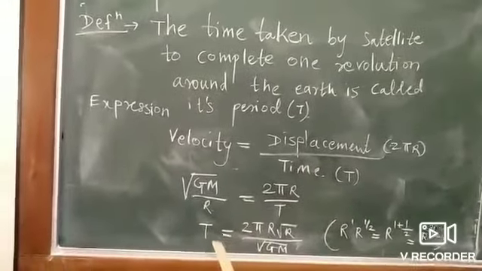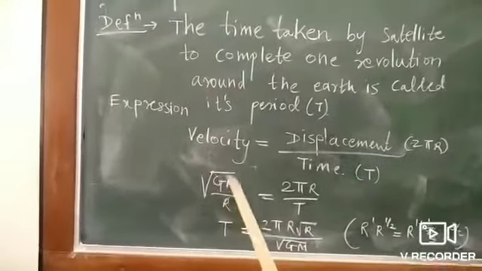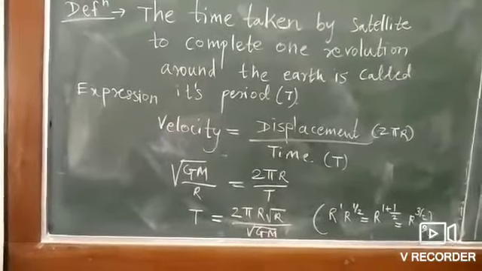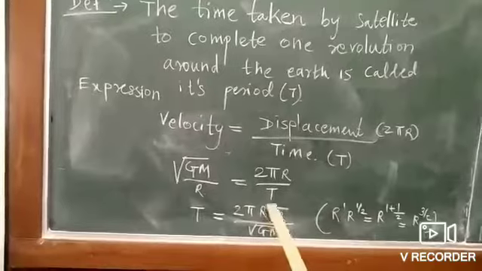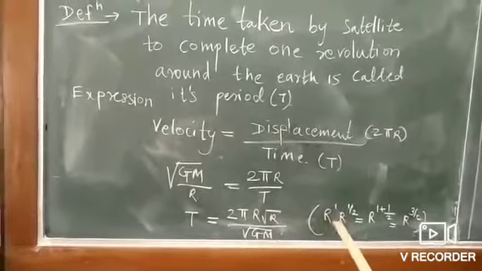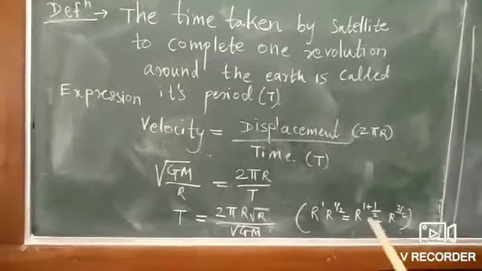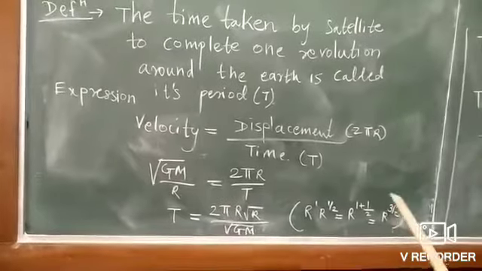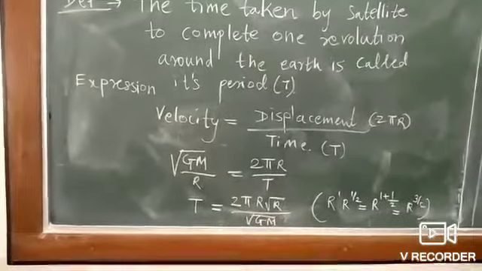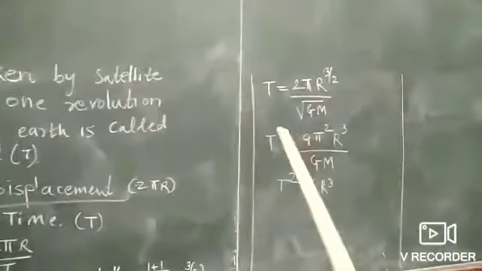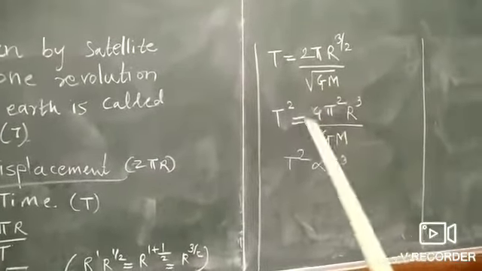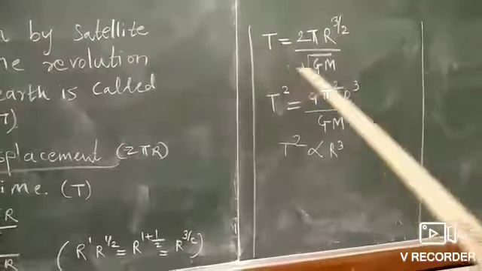So we can write the equation for T. T will become, on this side, 2 pi r into root r divided by root of GM. Here r raised to nothing present means 1 is present. This is root r, which means it is half. So r raised to 1 into r raised to half, we will take r raised to 1 plus half, and that is nothing but r raised to 3 by 2. So instead of this r root r, we will put r raised to 3 by 2. So just observe, T is equal to 2 pi r raised to 3 by 2 divided by root GM. So we will take a square of this. This is the equation for the time period we have got.